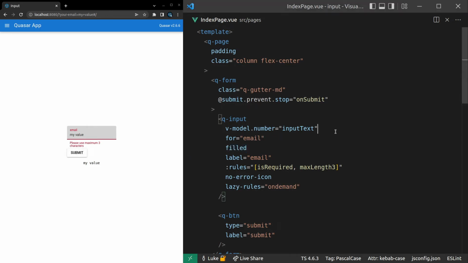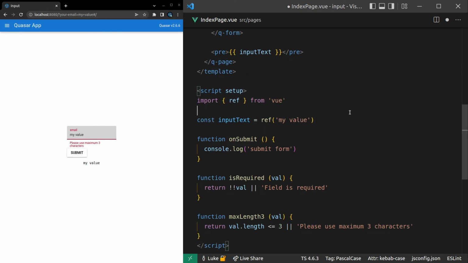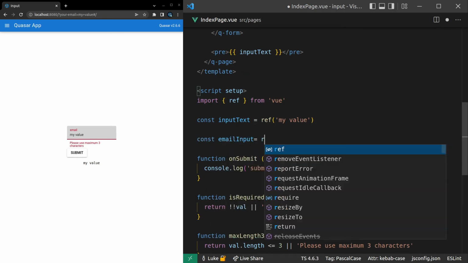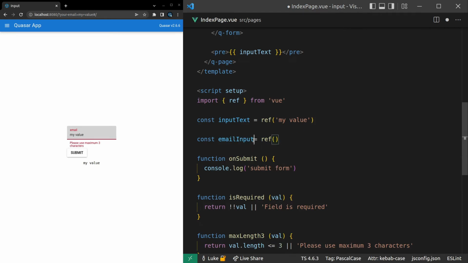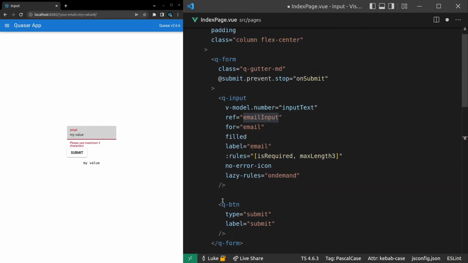Now I'll show you another neat trick here. We can come in here and say ref is equal to email input, and then I can come down here and say const emailInput is equal to ref, and we'll make that an empty ref. So basically when this component is run, email input, this ref, is automatically going to be set to the QInput